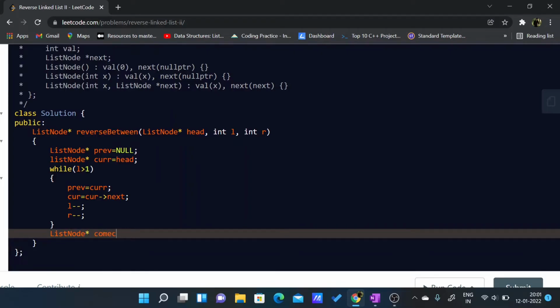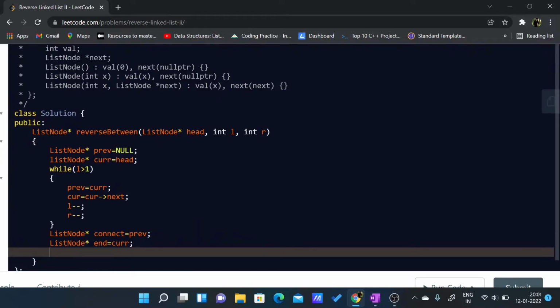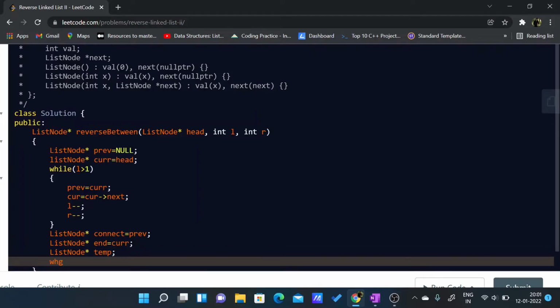take a node connect which will be equal to my previous, and a list node end which will be pointing to current, right? Now after that what I'll do, I'll also make a list node star temp. Now while my R is greater than 0,